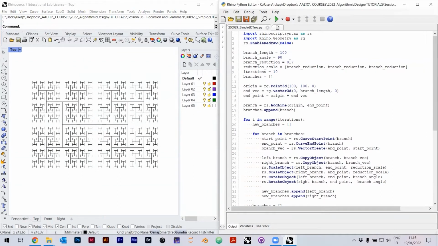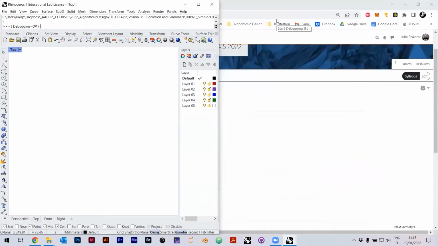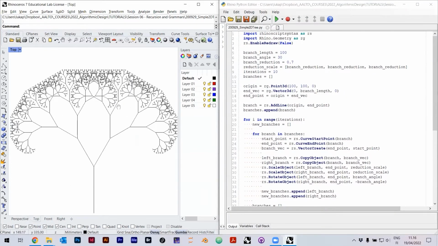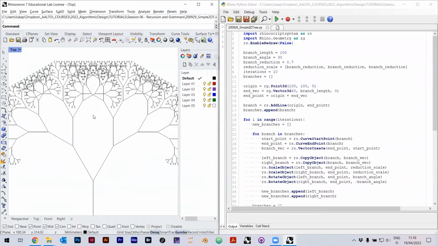I just chose the branch angle is 90. That's, for example, 30. Okay, so this is like the most prototypical, the simplest standard example of a tree that you can think of. And if you are interested in biology, you might notice that some of these regular branching structures